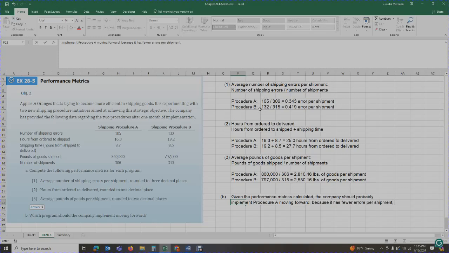So if we look here, we've got fewer errors on procedure A, and then